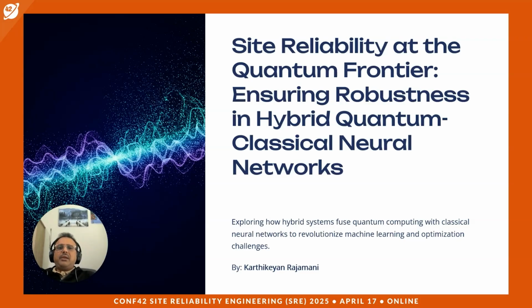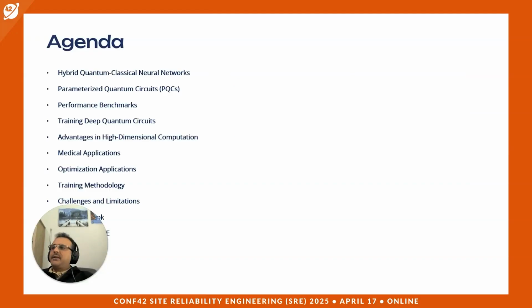But to make use of them practically now, especially with the emergence of AI and machine learning, we are looking into the hybrid approach of hybrid quantum and classical neural networks. I have briefly split the agenda into hybrid quantum classical neural networks, I'll say HQCN, as it's very long to pronounce, the challenges in this approach, the practical applications, and the SRE aspect of it.